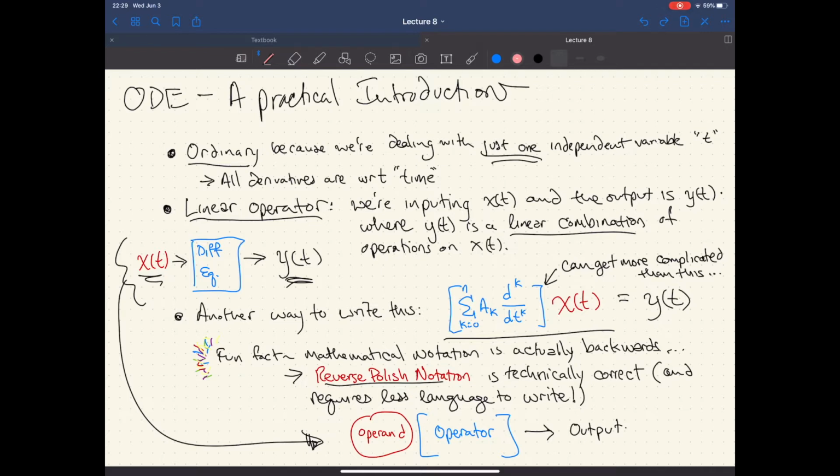And it actually is more technically correct. And as it turns out, and this is interesting to you comp sci folks, it's actually a little less language to write depending on how the operator is constructed, because you don't need to directly apply a lot of the parentheses or modifiers to terminating where your operand representation stops. Because if you have it up front, well, then everything from here to here is your operand. Then it's the operator, and so on. But you're not really sure where the beginning and end are. So anyways, something to look into if you're interested. I could talk all day about weird tangents like that, but there's your treat.